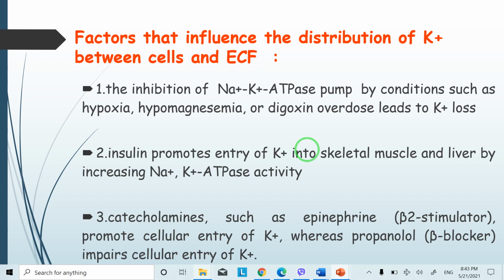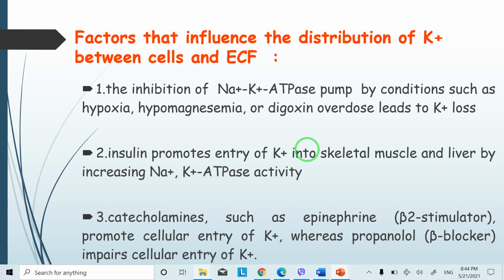So, what are the factors that affect the distribution of potassium between the intracellular compartment and the extracellular compartment? We are still in the second factor that controls potassium homeostasis, which is the cell membrane. The first one was the kidney. The second is the cell membrane. So, any factor that inhibits the pump of sodium to outside the cell and potassium to inside the cell,